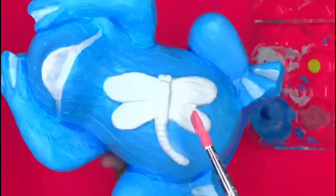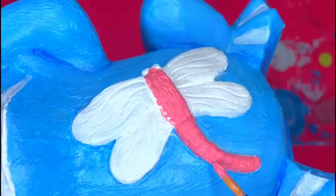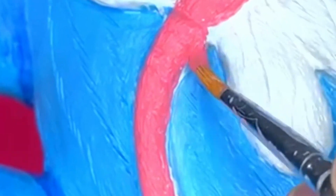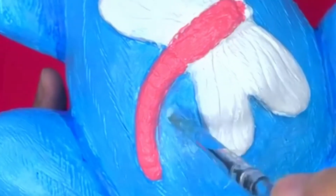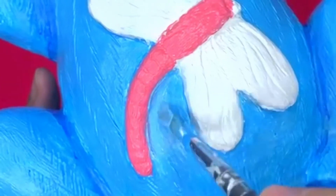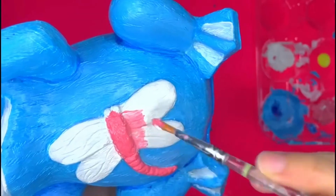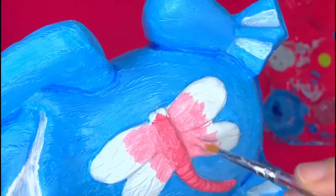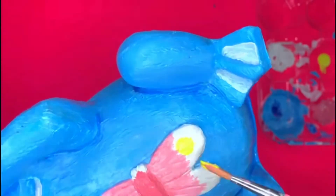And now I'm going to go ahead and paint the dragonfly. So I decided to paint it a pinkish, yellowish color. I was double-minded whether I should paint this part black or a color. I went with painting it pink, just as I would with the wings. I didn't want a very dark black body for the dragonfly, even though dragonflies usually have a darker body. There I used light pink, and I wanted to mix it in with yellow,